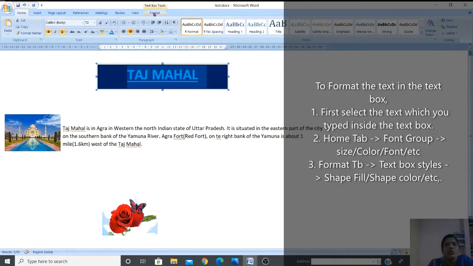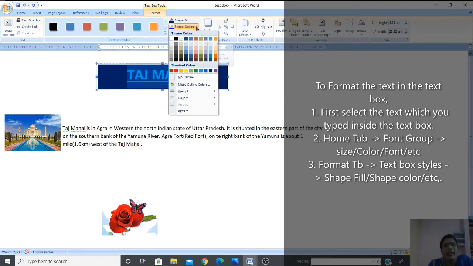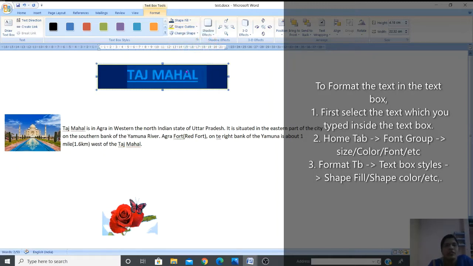Then go to the Format tab and you can see Shape Outline. Now we have given the shape fill, the text box color. Then we give the shape outline. So let me apply the outline, then you will understand. We have given a yellow outline to the box. Do you see the yellow color around the text box?